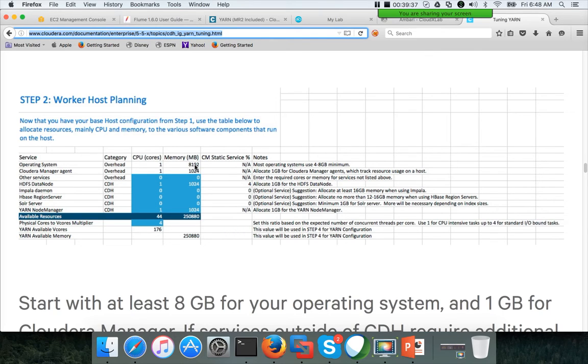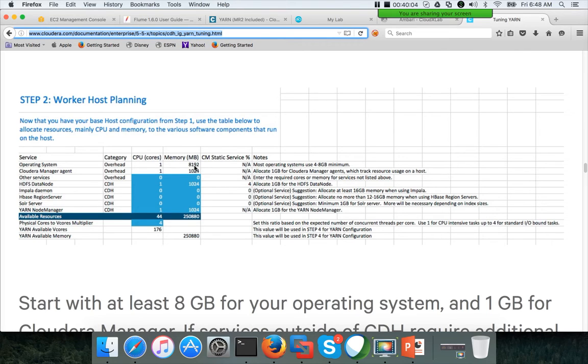On smaller clusters, we typically have smaller hosts, and typically we give 25% of memory to the operating system. So if it is 16 GB RAM, we give 4 GB to it. If it is 64 GB, it need not be 25%. We can reduce the percentage as we scale up the host size. But up to 16 GB, we typically give 25% to the operating system.